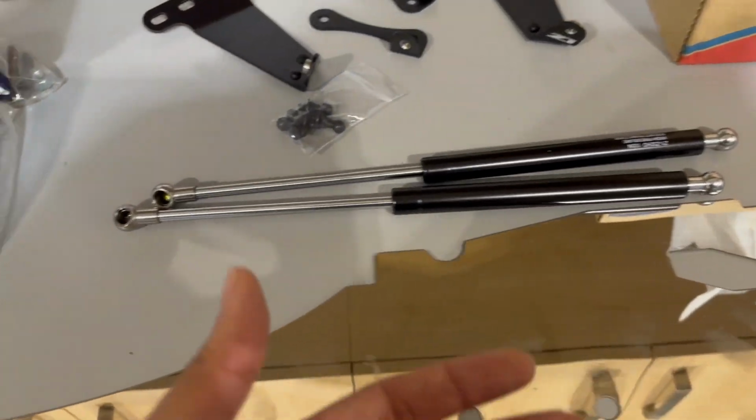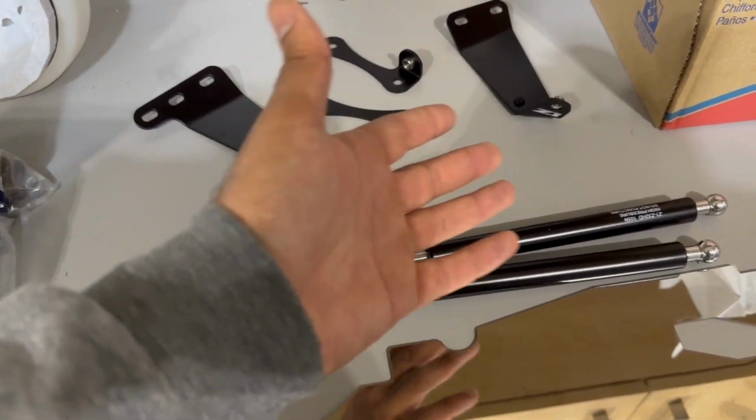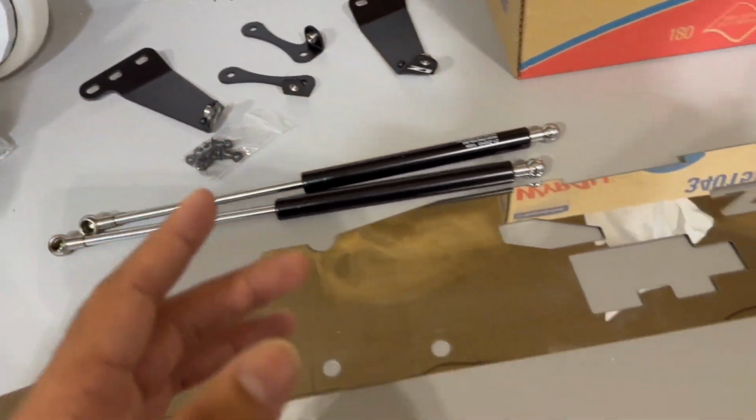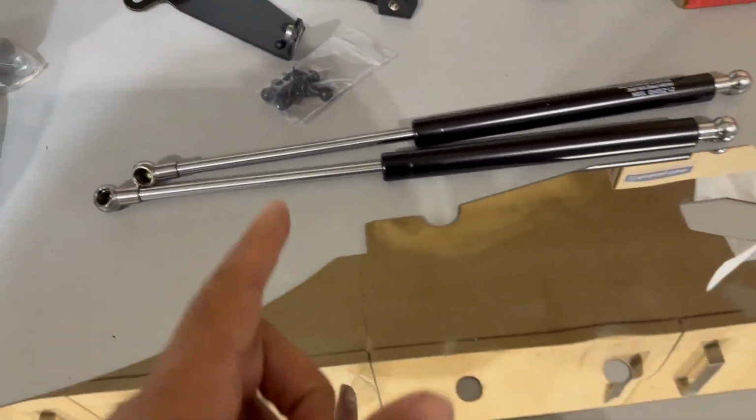I tried to get it in, it kind of broke. I thought, you know what, let's just go ahead and do this and get rid of that hood prop anyways. So those are the two things I need to do for sure. I also have some vacuum line here